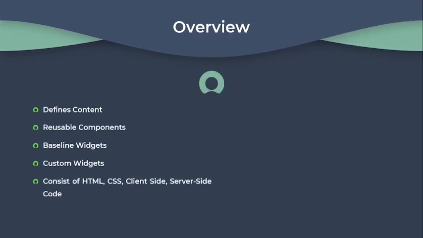Widgets are reusable components that make up the functionality of a portal page. They consist of HTML markup, CSS, a JavaScript controller, and client-side and server-side code. Widgets define what a portal does and what information a user sees. Widgets are what define the content in your portal. You can use the base system widgets provided with service portal, clone and modify widgets or develop custom widgets to